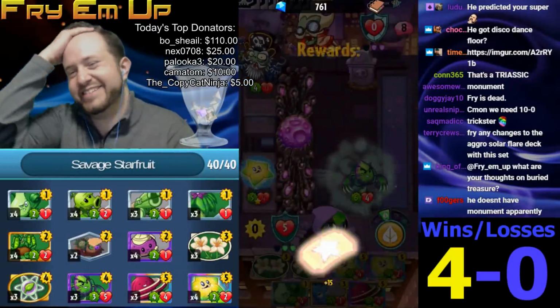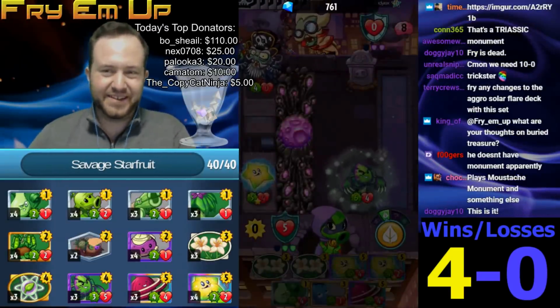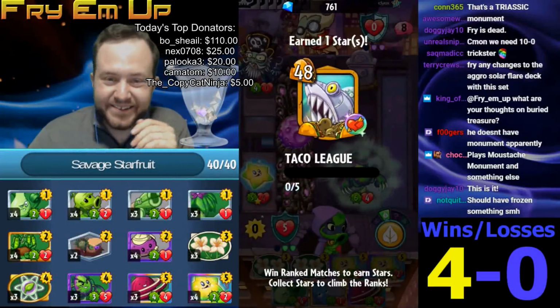The Smarty class is so good now. I want to find maybe other classes that can pull this off. There's no one like Green Shadow for this deck though. Buried Treasure, I don't know. It's nice having a...